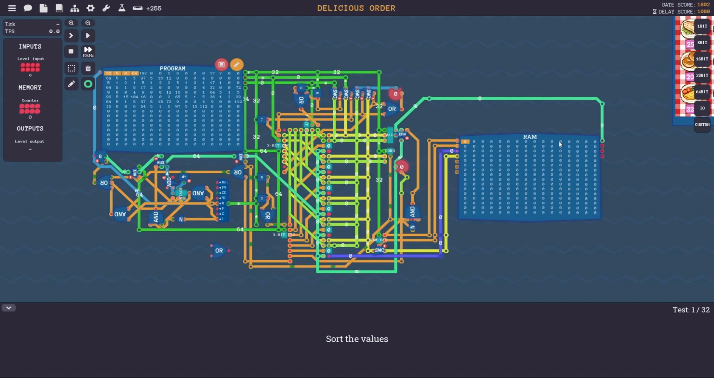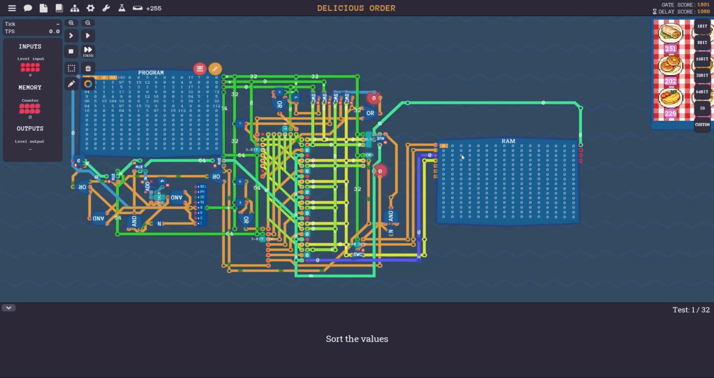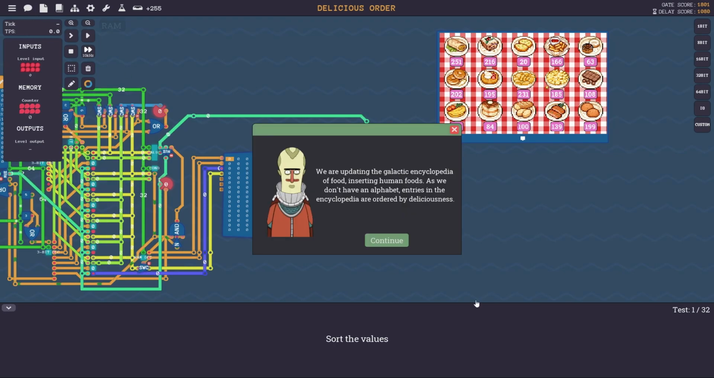Alright, so this is my computer, my virtual computer that I made. There's a couple of things wrong with it, but I did manage to make it work the way I needed it to for this particular mission. So, if we go through,